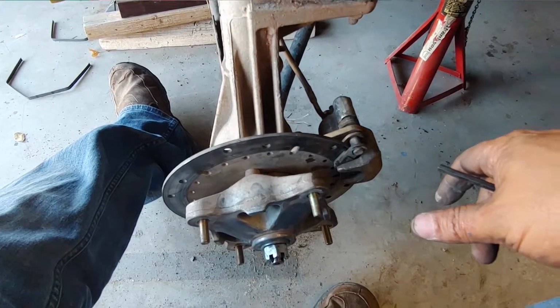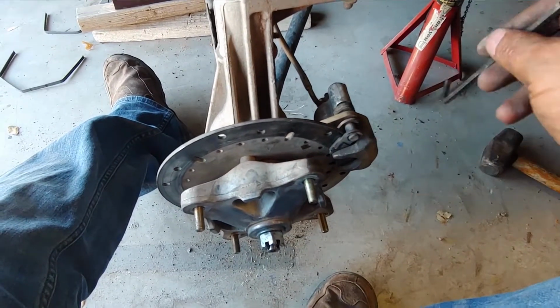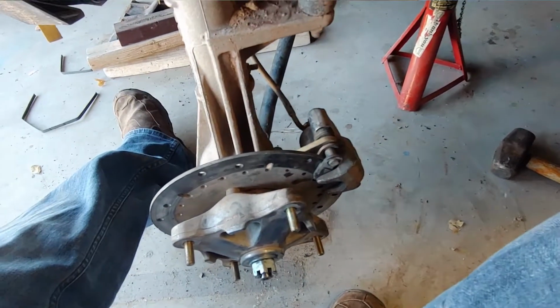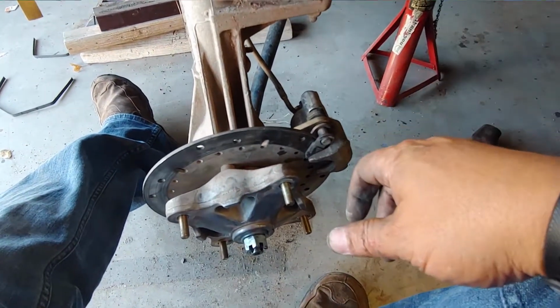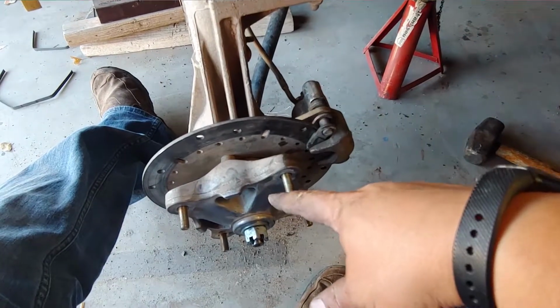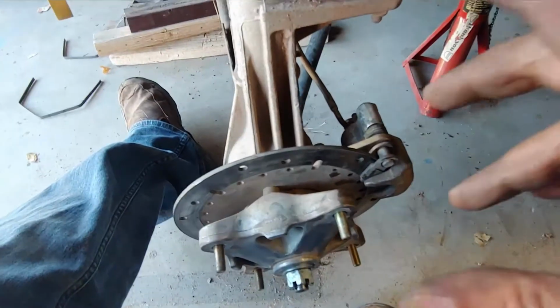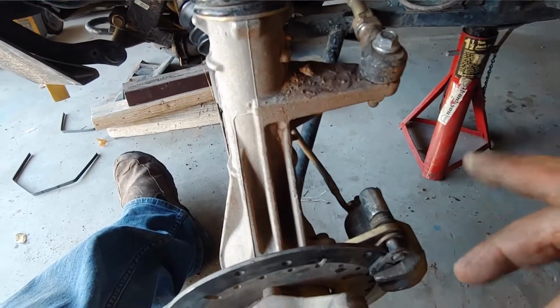So I hope you enjoy this build. I'm going to actually stop here. Mainly, the biggest reason is I have to take this. Well, I had to take the spacer off, but I'm going to take all 4 off. I'm also going to take out the